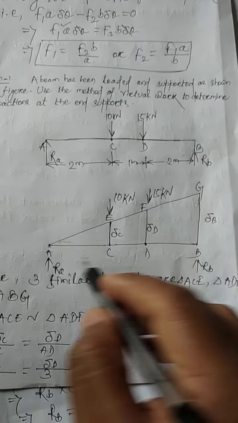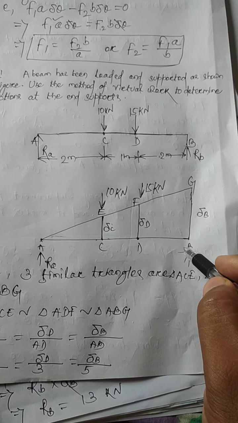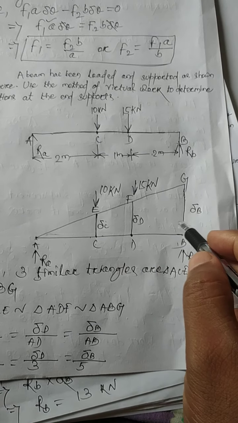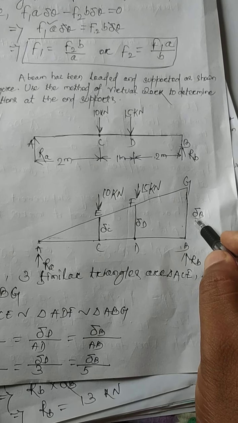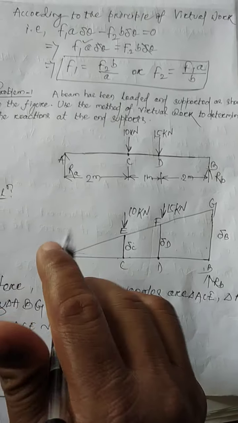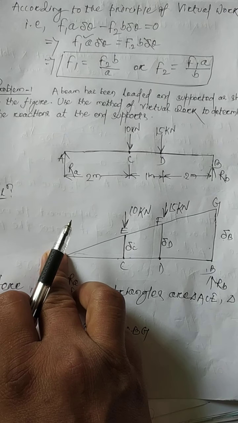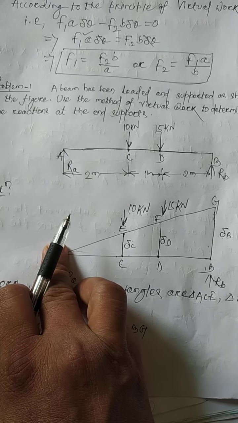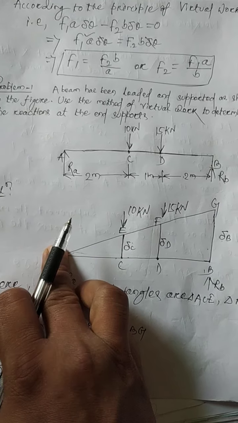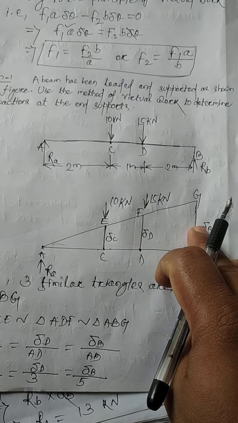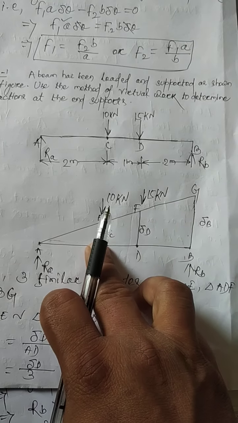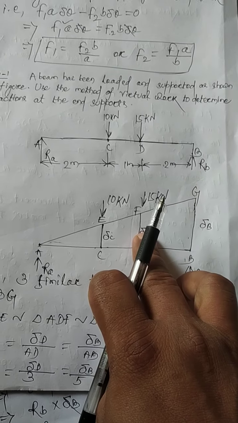Consider that we need to calculate the reaction force at point B. So consider that the vertical virtual displacement at point B is del B, by holding point A in position. So we keep point A held, so that there is no imaginary displacement there, only at point B. If there is an imaginary displacement at B, then definitely at points C and D there will be some imaginary displacement.